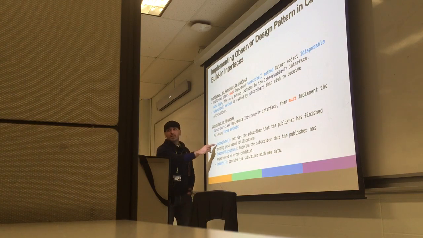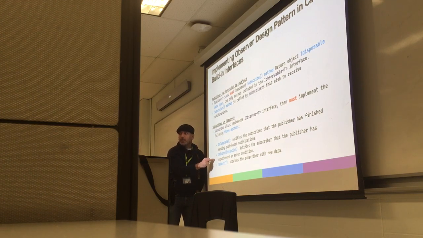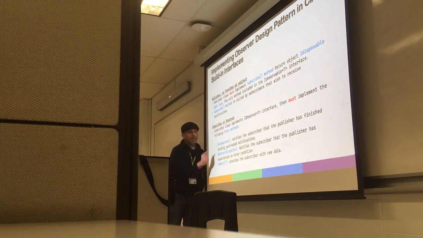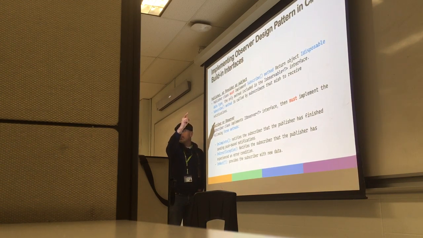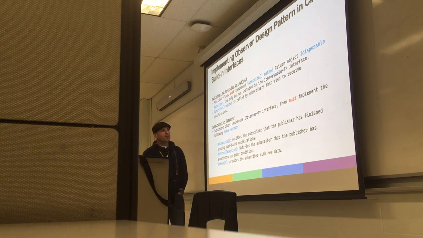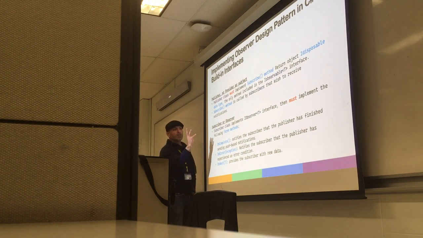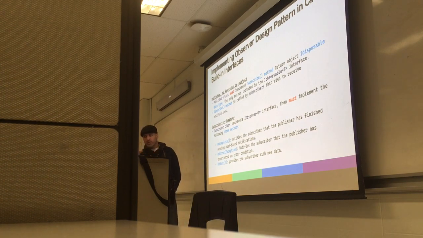This is built in, guys. Built in, not custom. So I have to implement them. I have to implement this, and I have to implement this Dispose. Now OnCompleted just notifies the subscriber that the publisher has finished sending push-based notifications. OnError just notifies the subscriber if some error happened in the connection between the publisher and